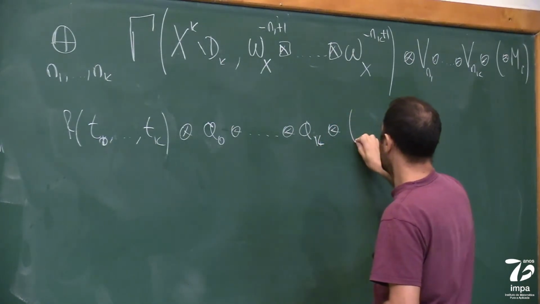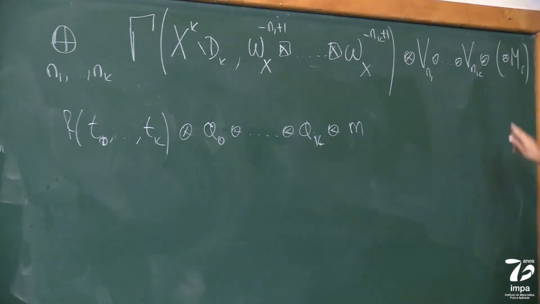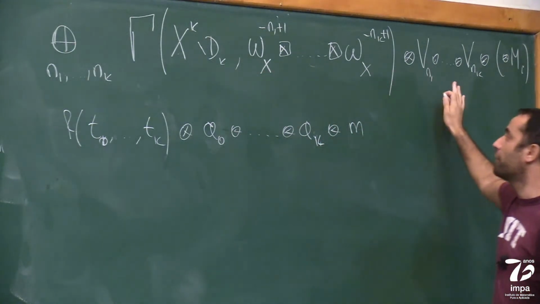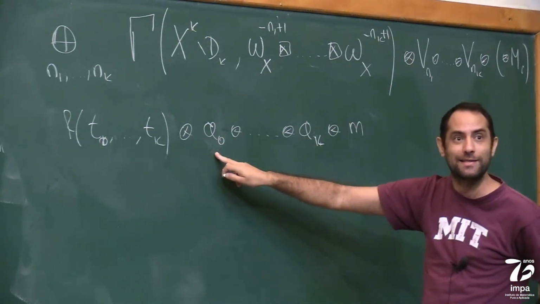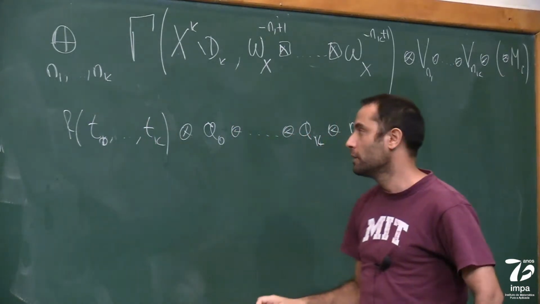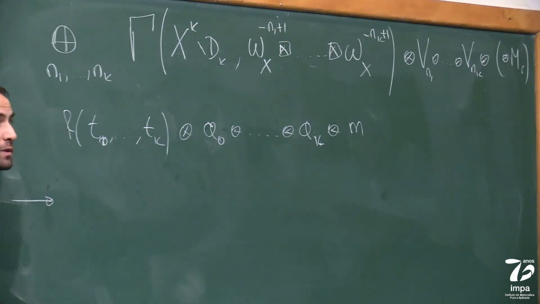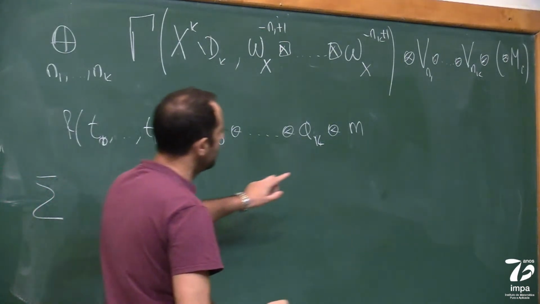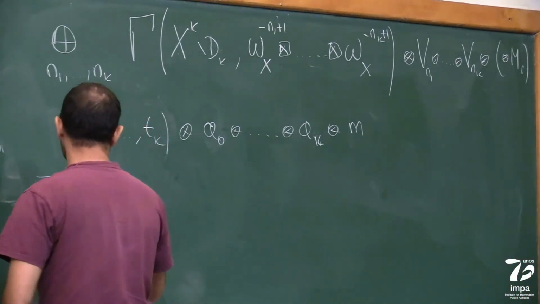And I'm going to have the collection of guys in my module, which for simplicity, I'm going to take only one module. I could take a tensor product of M_i, of n of them. But this is the form of this guy. And I should be careful because the way I'm writing here, this guy should be of conformal weight n0. This guy should be of conformal weight nk. And I'm going to be in the summand n1 up to nk, which I'm not caring about any of this. So what is the differential of this thing? So again, two sums. And to take those sums, I'm going to make these expansions. For each one of these i's from 1 to n, in this case I only have 1, I'm going to have an expansion of my function f